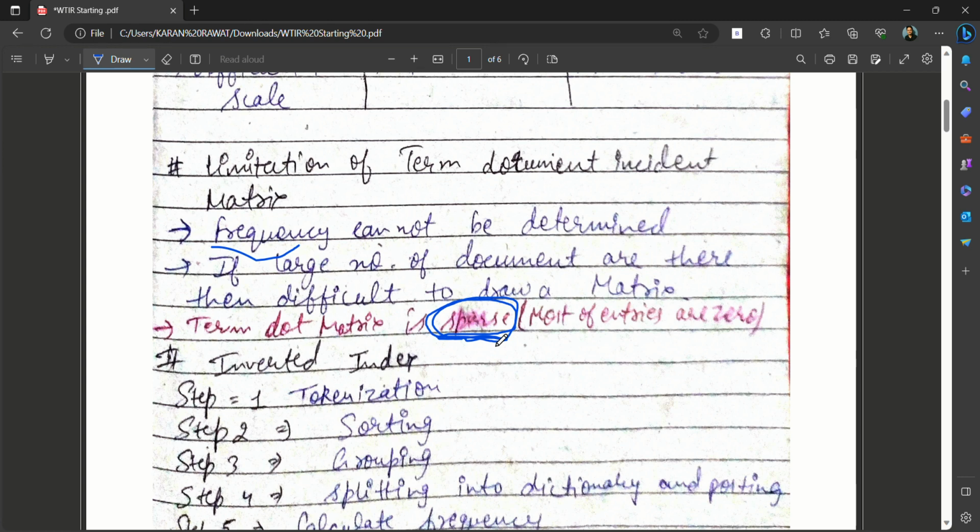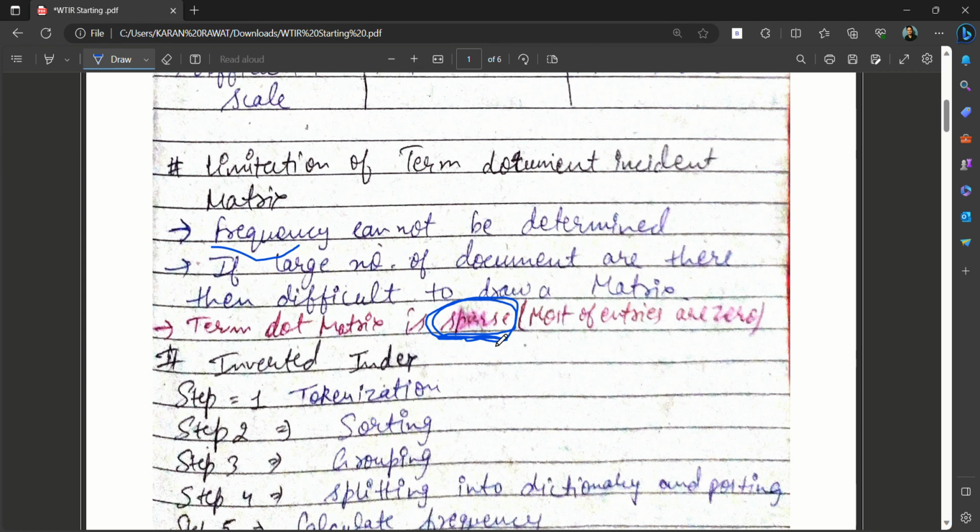A sparse matrix is a matrix in which most of the entries are zero. Most of the entries are not one, they are zero. If in a matrix most of the entries are zero, that matrix is termed a sparse matrix. And our term document incidence matrix is also a sparse matrix, where most of the entries are zero. So these are some limitations: the frequency cannot be determined,